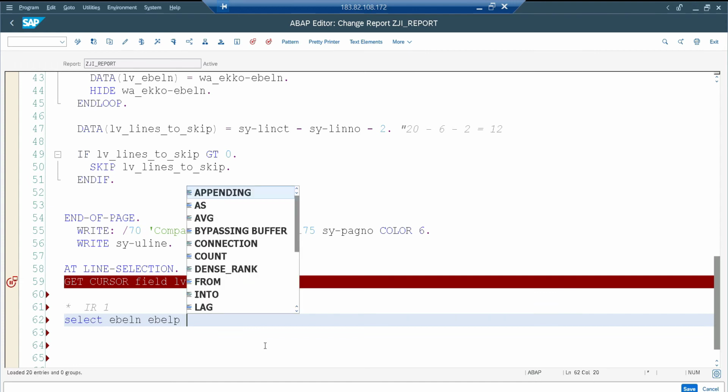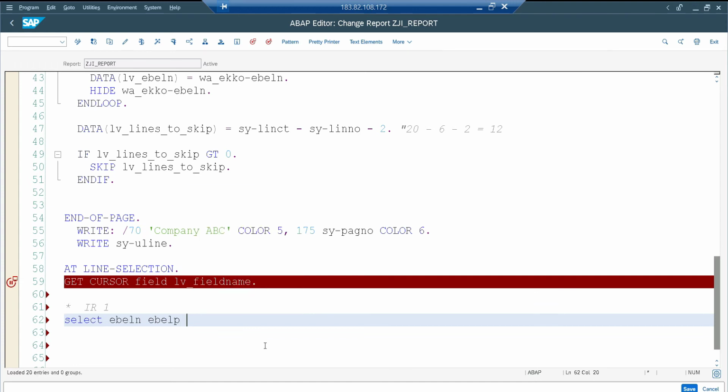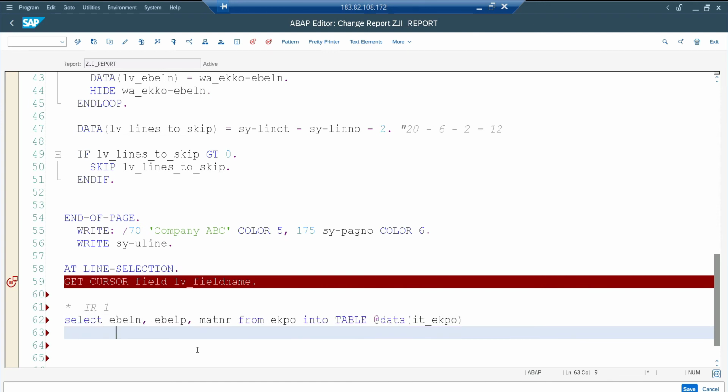Okay, so I'm going to get it from that particular METNR, comma, METNR, probably this is fine, from EKPO into table data IT EKPO. So based on the selection of your classical report, EBLN, purchase order, EBLN is equal to